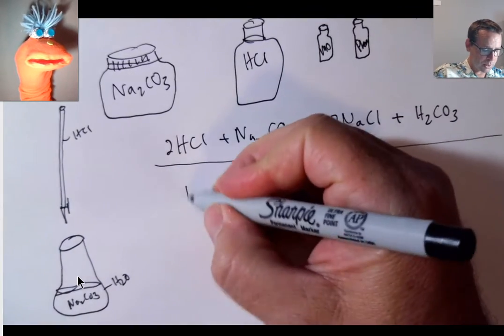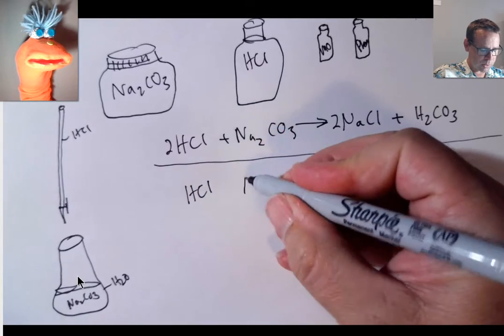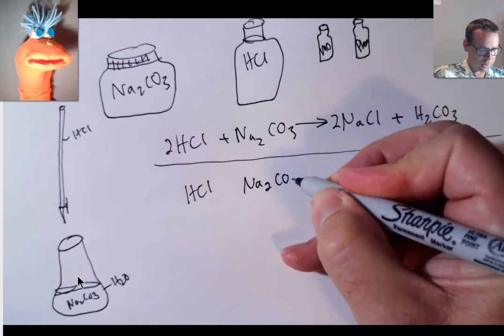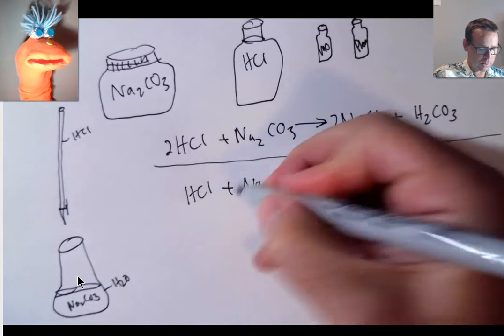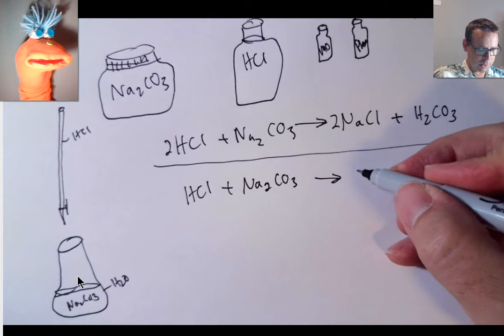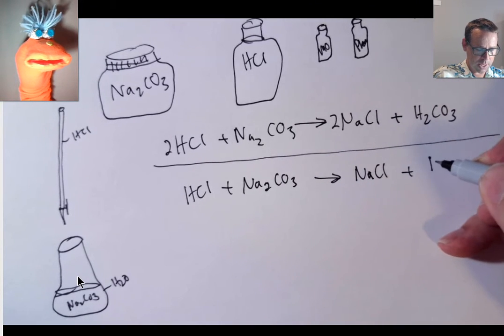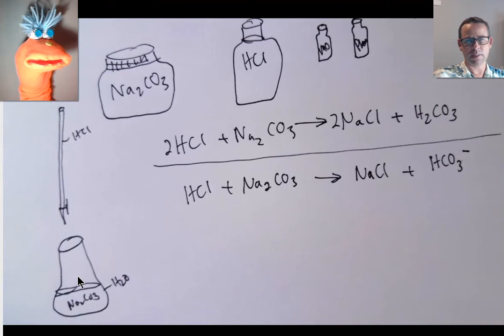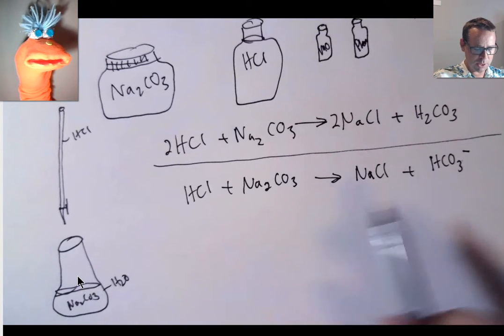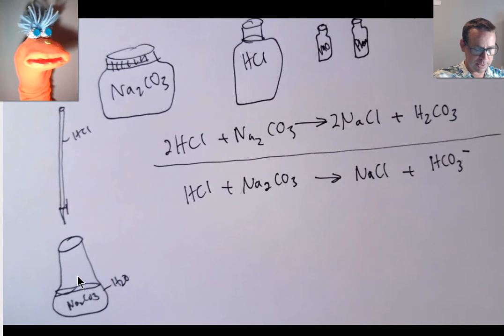Well, what happens is the HCl interacts with the sodium carbonate, any HCl we add, and the product is one of these sodium chlorides and an HCO3 minus ion, or bicarbonate. And this process will continue until